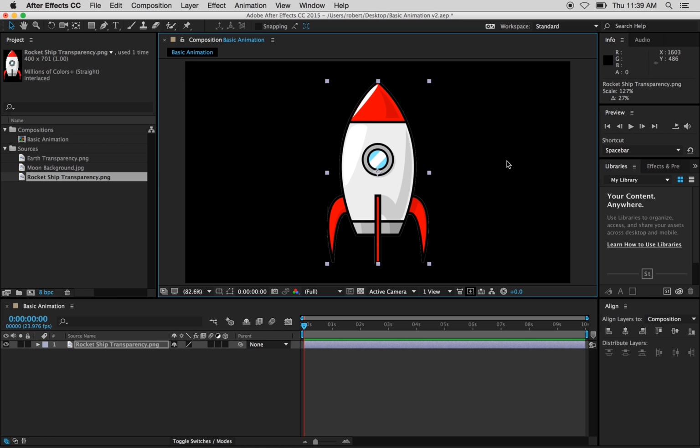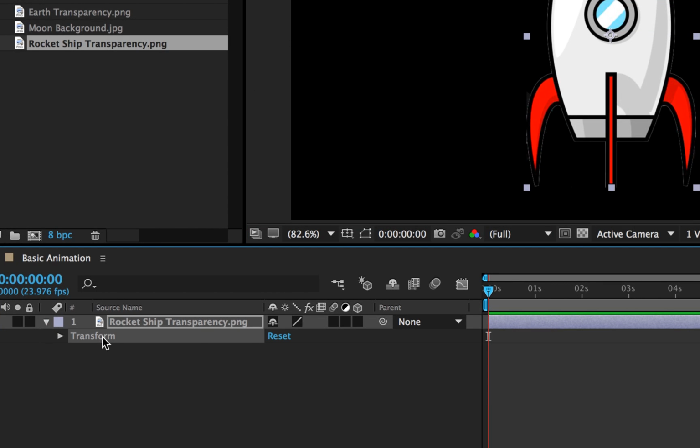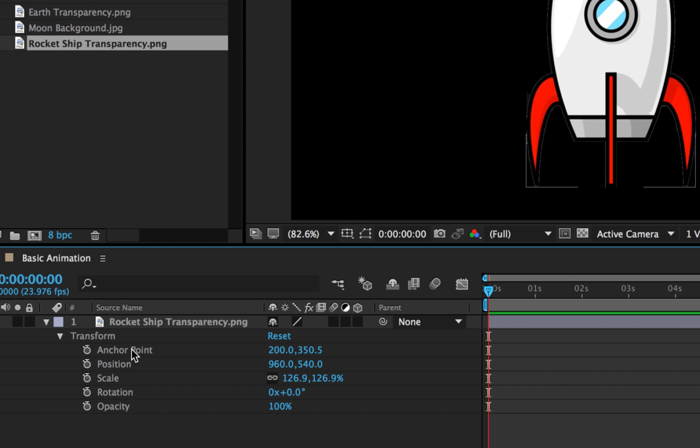You can actually see what you're doing if you come down here into the layer panel and click this little arrow, and that sort of twirls it down and open, and you see this next thing called transform. If you click that arrow down, here's all the properties of the layer. So we've got the anchor point, and you can see that has some information. Don't worry about that for now, but we've got position, scale, rotation, and opacity. Those are the sort of core 4 properties for any layer,